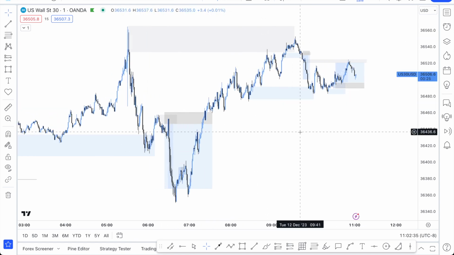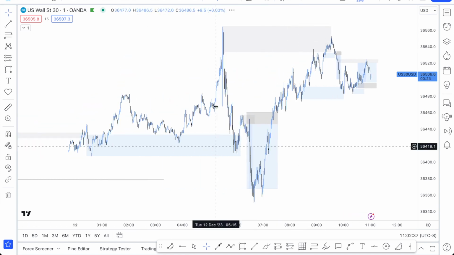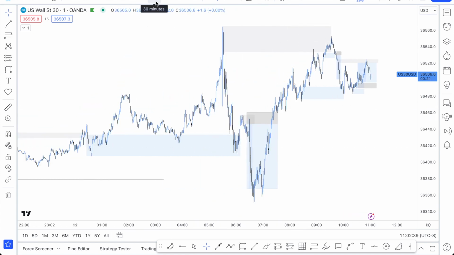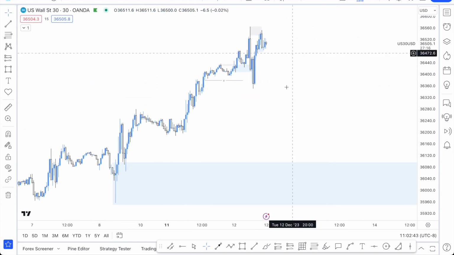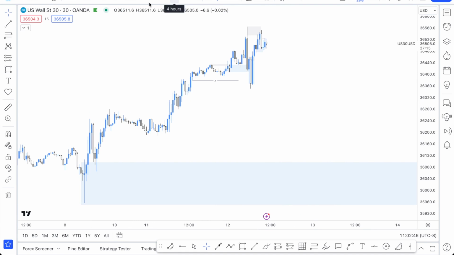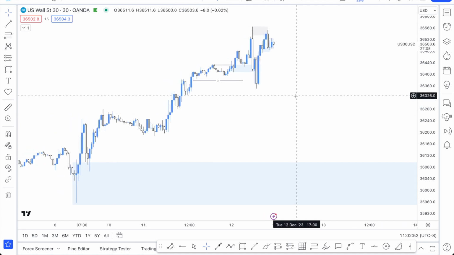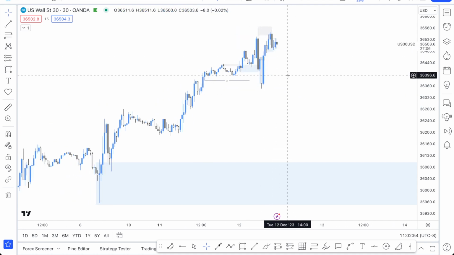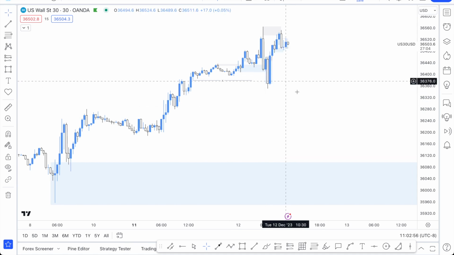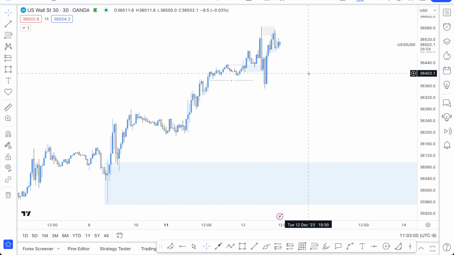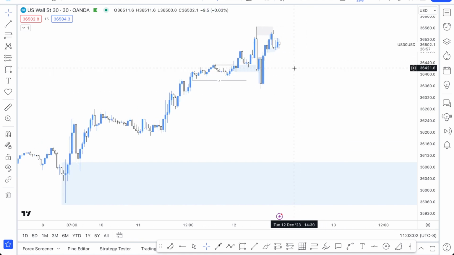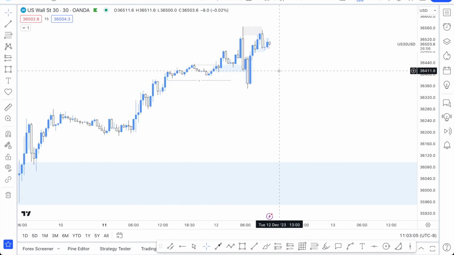So first things first, I always trade the New York session. I always start on the 30-minute time frame, and a lot of the time I do trade above the 4-hour, or at least I look at the 4-hour and the daily sometimes. So the point here is, how am I catching these trades, right? The way I do this is simply supply and demand, PLTs, PHTs, and reaction points, which are essentially just supply